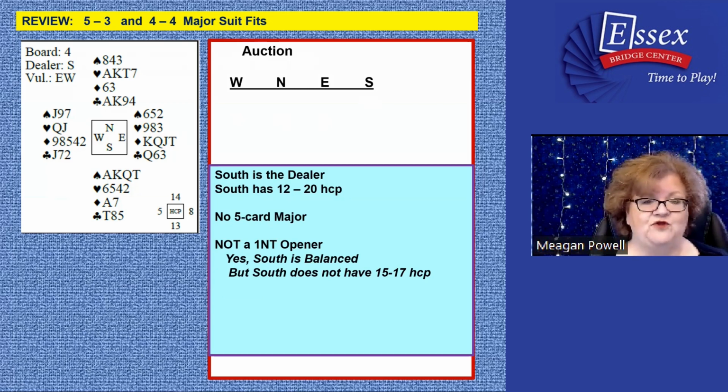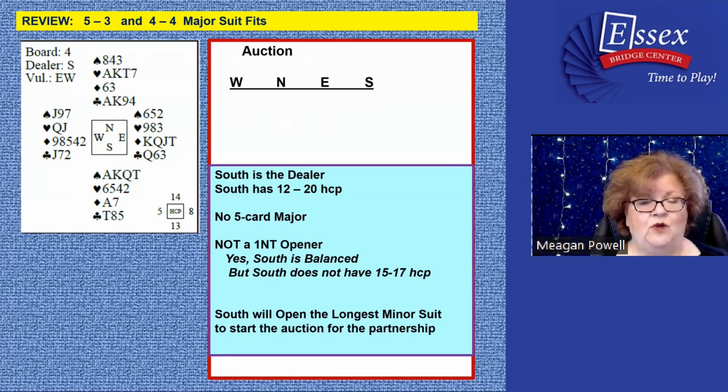And that means with 12 to 20 high card points, South is going to move down to number 3 on the opener's priority list and will open the longest minor suit to get the auction started for the partnership. So South opens 1 club on this hand. Now North,